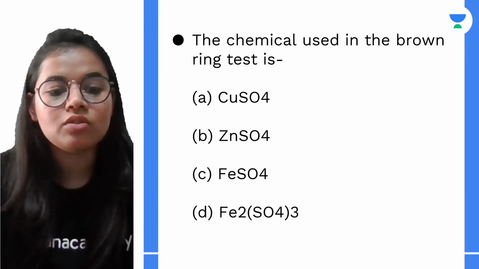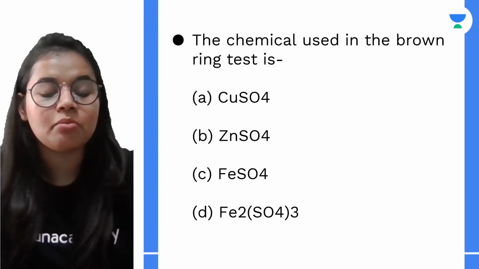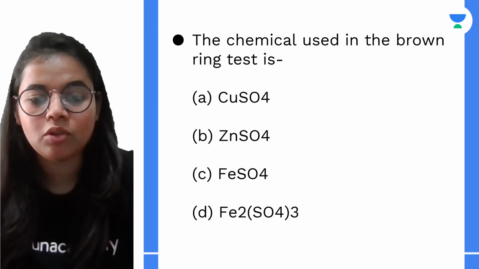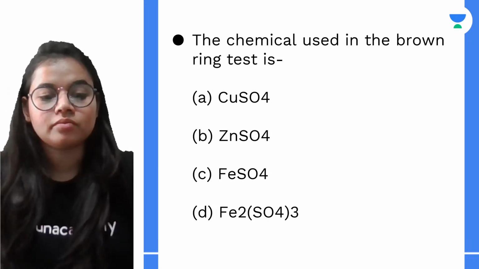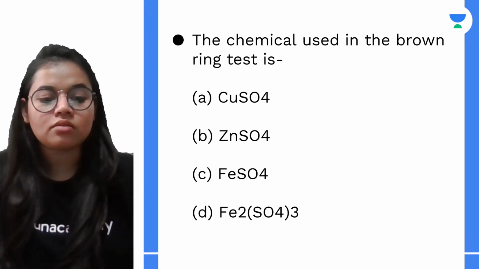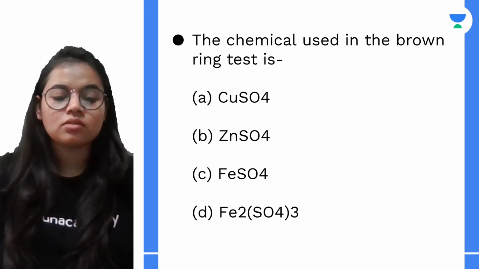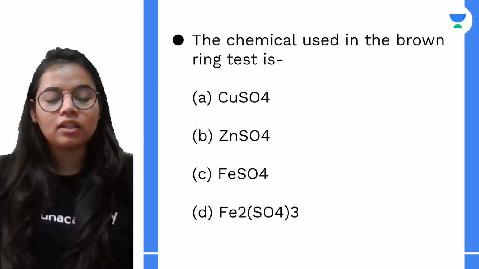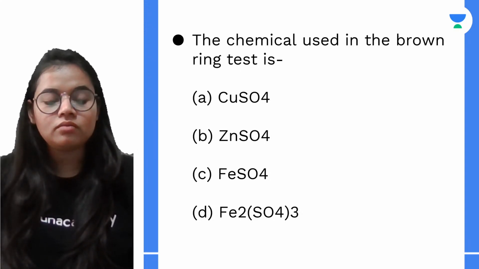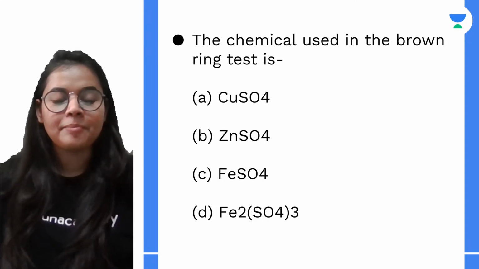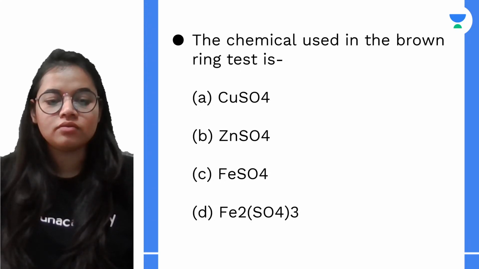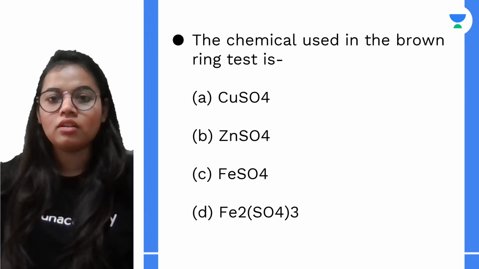The chemical which is used in brown ring test. तो brown ring test एक बड़ा ही important topic है from nitric acid in your practicals also. तो कौन सा chemical हम लोग use करते हैं in the brown ring test? Yes, anyone? Come on, you should be getting this answer correct because ये तो practical का भी बहुत important part है. अच्छा, what is brown ring test used for? To identify which ion